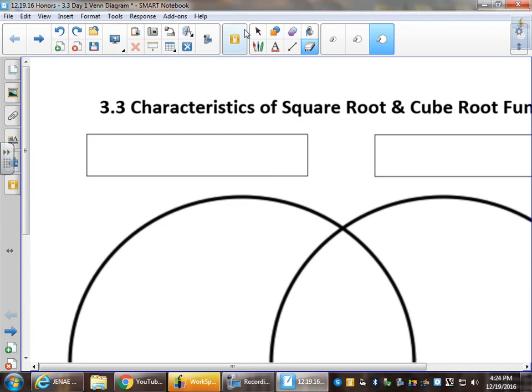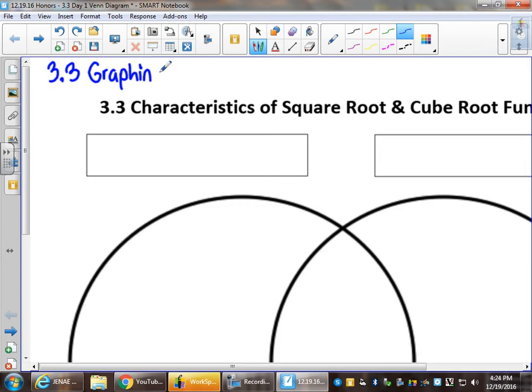Hello, everybody. Welcome to our first day of section 3.3. Now, in your notebooks, if you did want to just make a note, 3.3 will actually all be about graphing square roots and cube root functions. And we will have board notes as part of tonight, but we're actually going to start